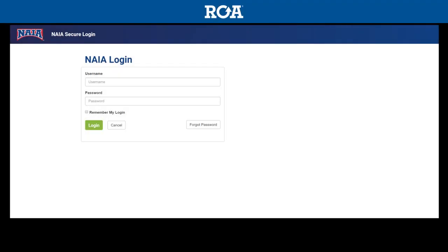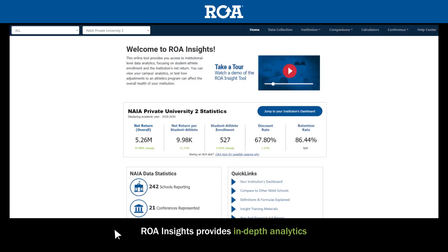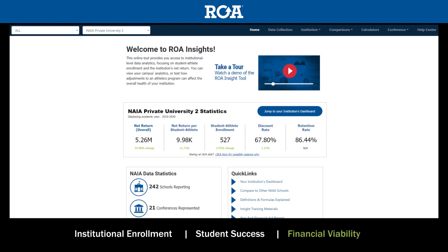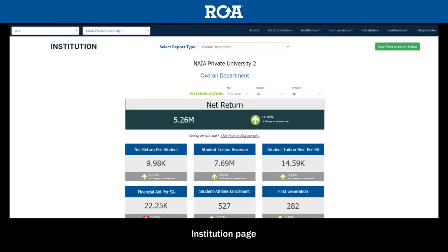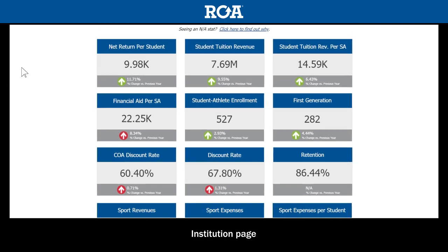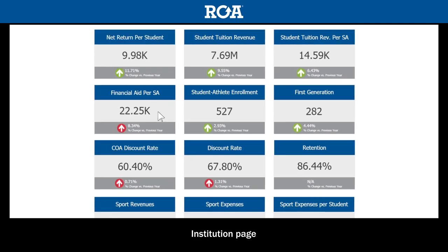Insights is the first member-facing tool available as part of the Return on Athletics initiatives. Insights provides NAIA members in-depth analytics about how athletics can impact institutional enrollment, student success, and financial viability. Through ROA Insights, schools can track year-over-year comparisons on key athletic metrics like net return, discount rate, retention, and sport